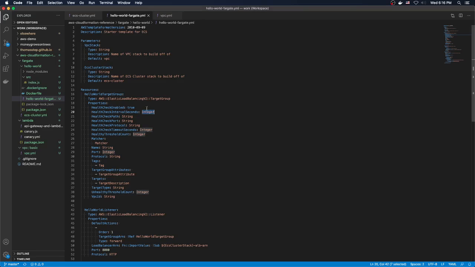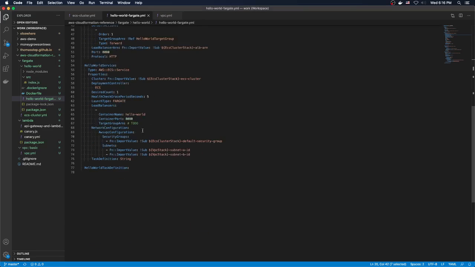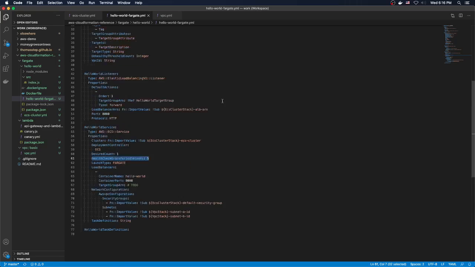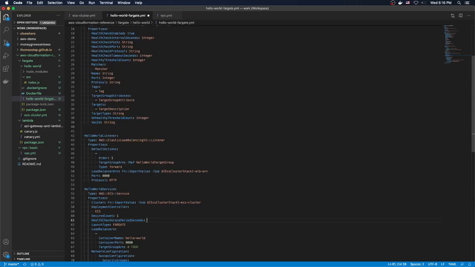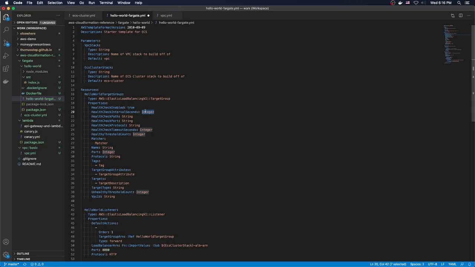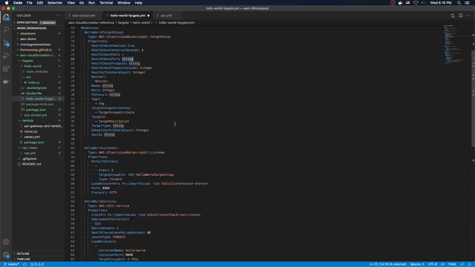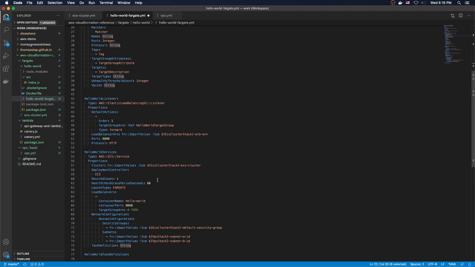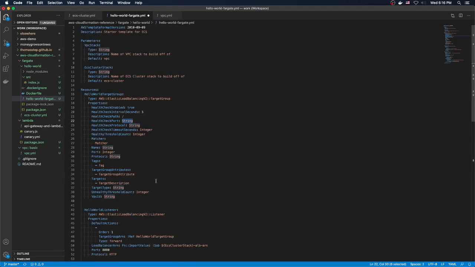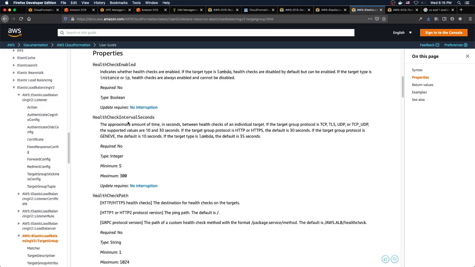So this is what we were talking about way back here. Let's see. Health check grace period for 5 seconds. So you can make this, let's say you make it 60 seconds, and then the health check interval is 5 seconds. That's how you would know, because if it took your container 60 seconds to spin up, or let's say it took it 45 seconds to spin up, and your health check interval is every 5 seconds,